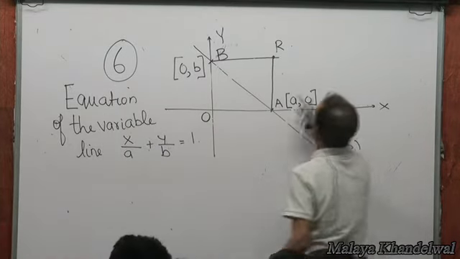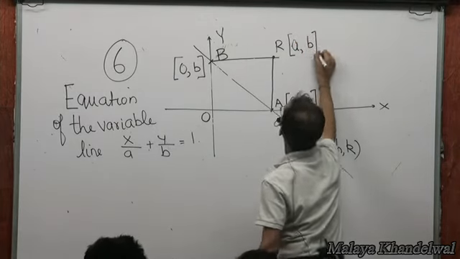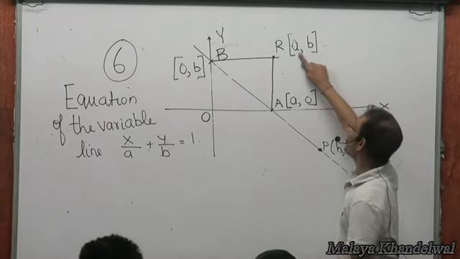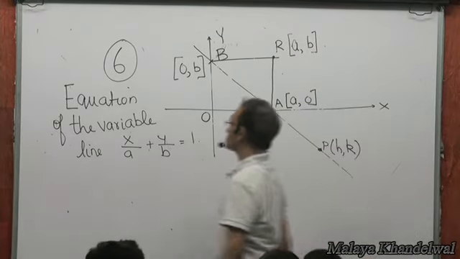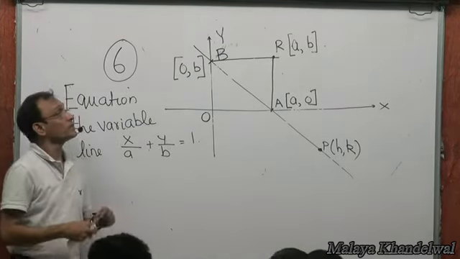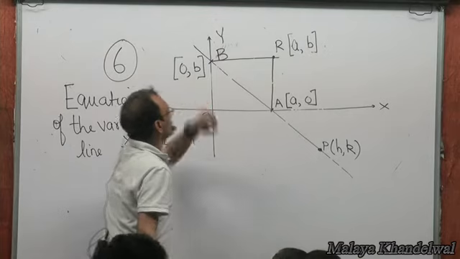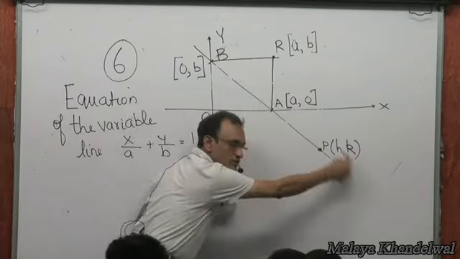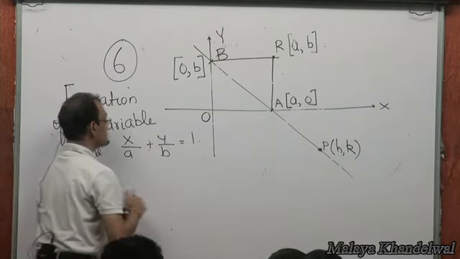Now, R would have coordinates what? At any given instant, A comma B would be the coordinates of this. The x coordinate of R would be A, the y coordinate of R would be B. I want to find the locus. That means I want to connect the x coordinate A with the y coordinate B. This line for any A, B will always pass through H comma K. So H comma K will satisfy this condition.